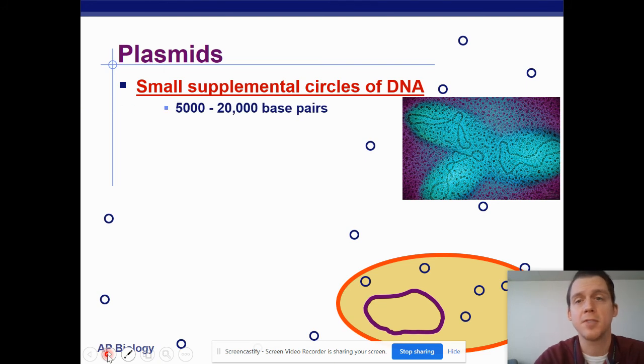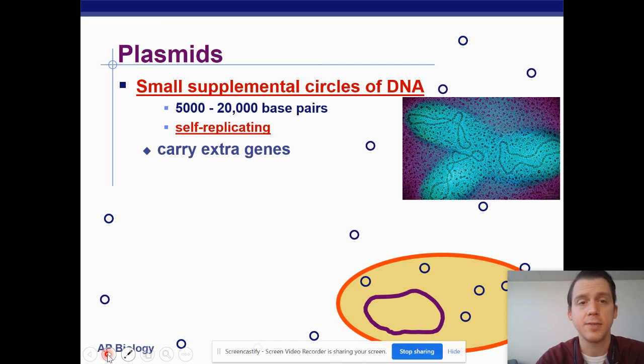These are small supplemental circles of DNA, much shorter than the chromosome. They are self-replicating, and they may carry a few extra genes. Plasmids are separate from the chromosome. We can see them here. They're much shorter. They're self-replicating, and instead of carrying a few thousand genes like the chromosome, they may only carry a few genes,